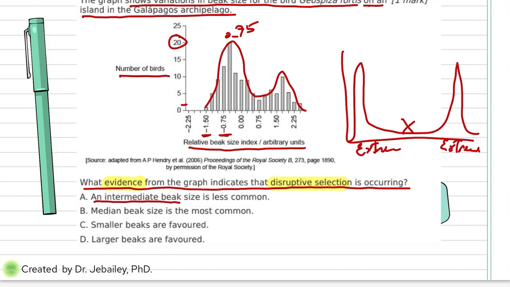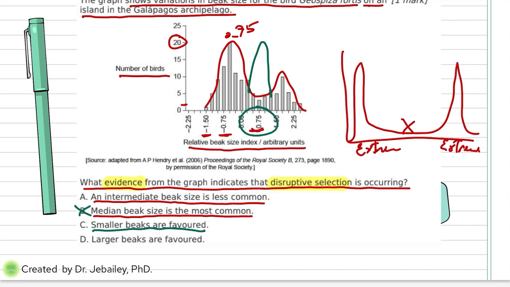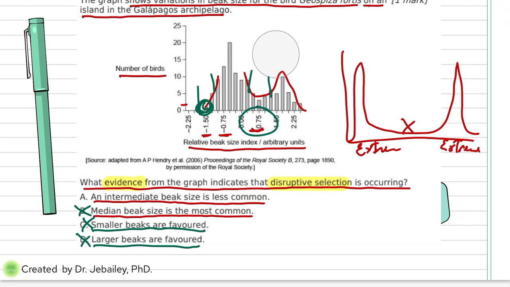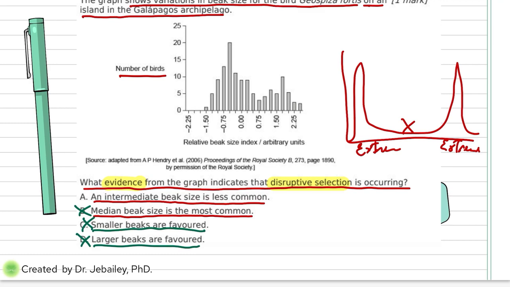An intermediate beak size is less common. Yes, you can say it is less common, so we're still going to look at the other ones. A medium beak size is most common. Medium would mean that right here there should have been a peak with the medium part, right? So no. Smaller beaks are favored. No, because smaller beaks would mean that we have a lot more of these up here. We don't have that. Larger beaks are favored. That's not true, because if it was only larger beaks, all of these wouldn't be